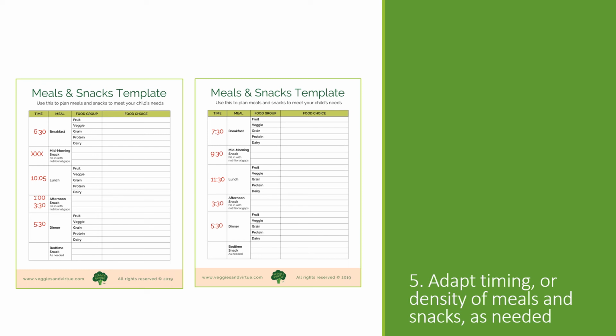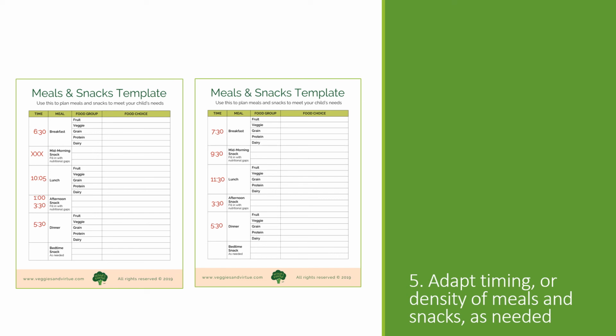So looking at each child's daily routine and trying to come up with a family-wide approach can be helpful. For me, I find that this is most helpful, and I give you a few different templates to use in the case that you need to do this for multiple children to begin to evaluate what is each child's unique daily routine. I may need to adapt dinner so that they can either eat together,